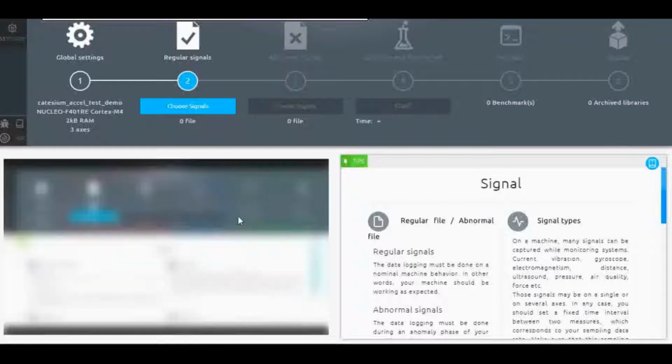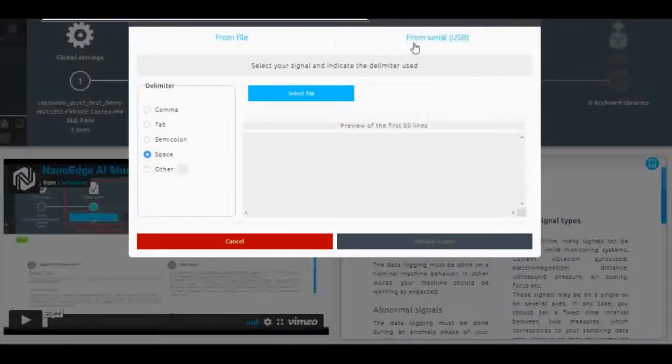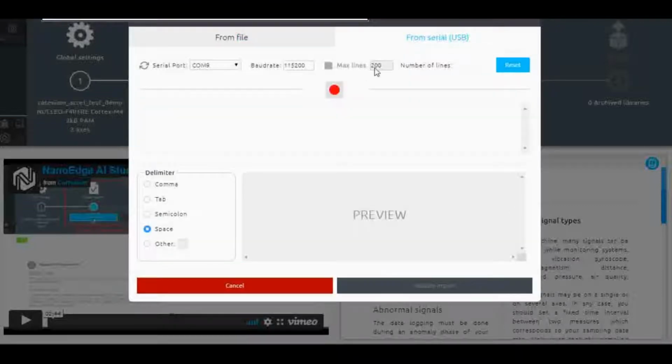After creating, I just need to choose the signal, which is like a regular signal. As my device is sitting idle here, I choose the signal from the serial port.